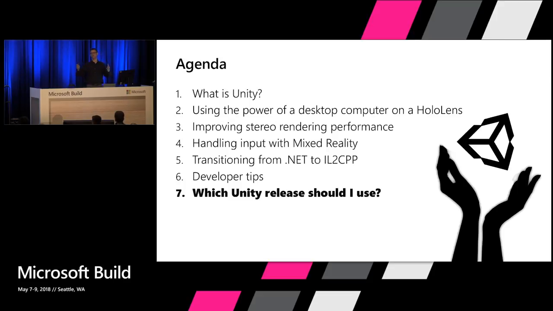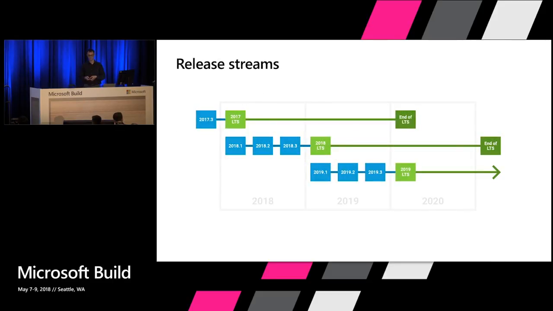So you've heard me talk about 2017.2 and 2018. I want to explain a little bit about how Unity releases updates. So earlier this year, we changed the way we do updates. We used to have a very traditional version model, and users would pay for each version. And last year, we switched to a subscription model, and we've changed our release model a little bit, and I